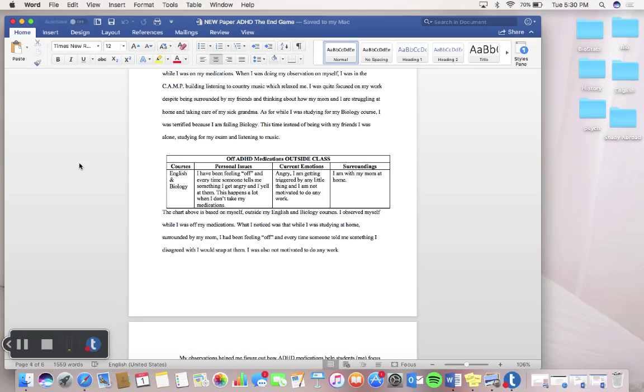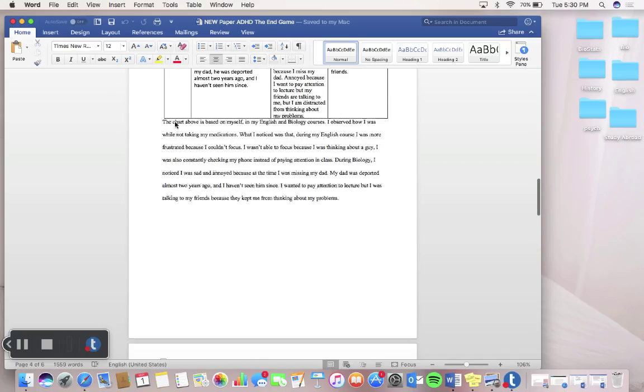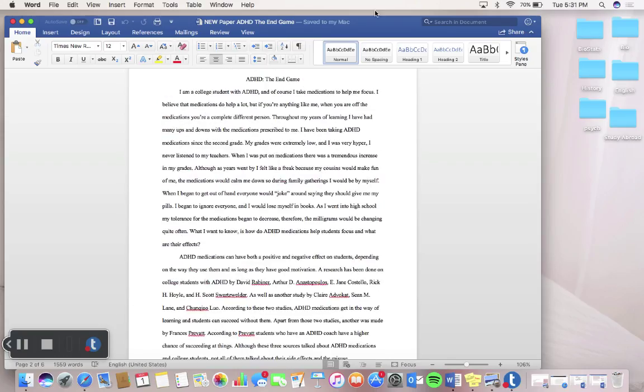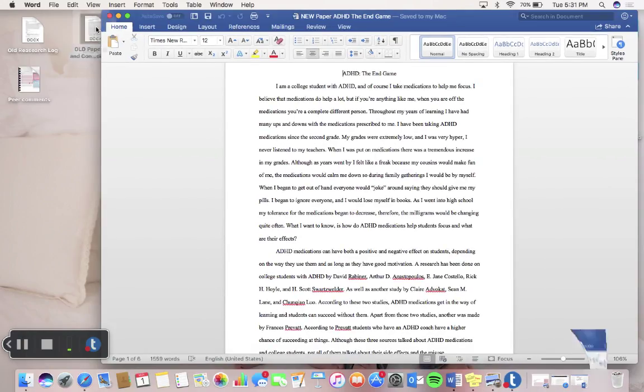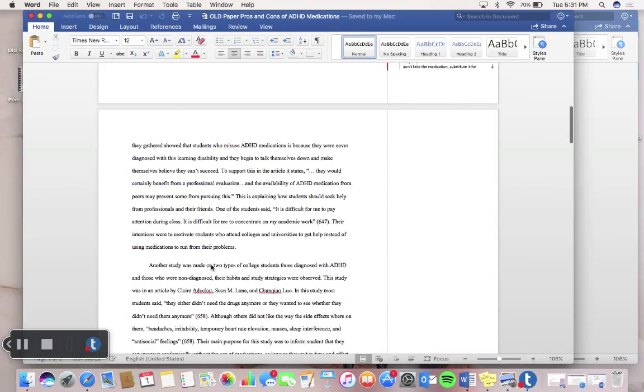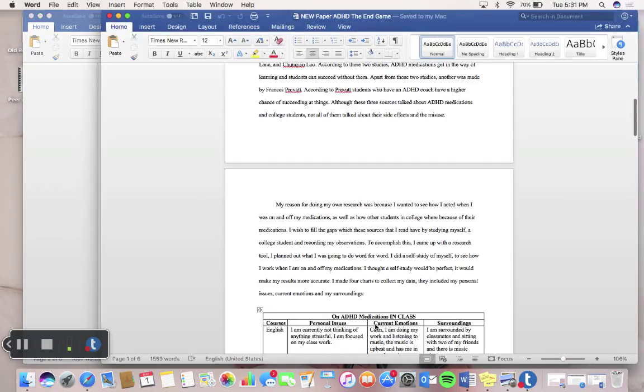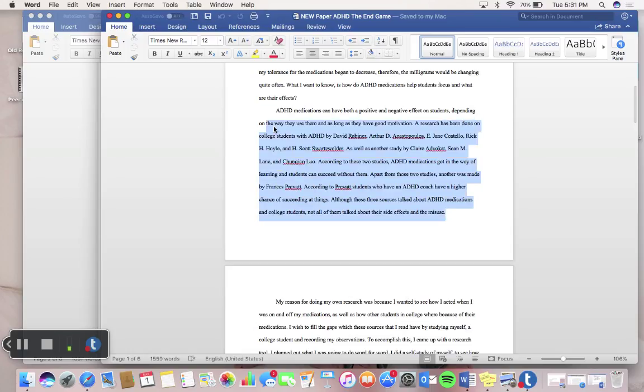At times when writing, I would catch myself going on about things that weren't needed. And because I knew my purpose, I didn't include those things. So this was my final draft. And on my first draft, I had some paragraphs that just went on, like with my sources. The way I explained my sources was off. And then over here, this paragraph, I made it better. I made it flow and just very understandable.